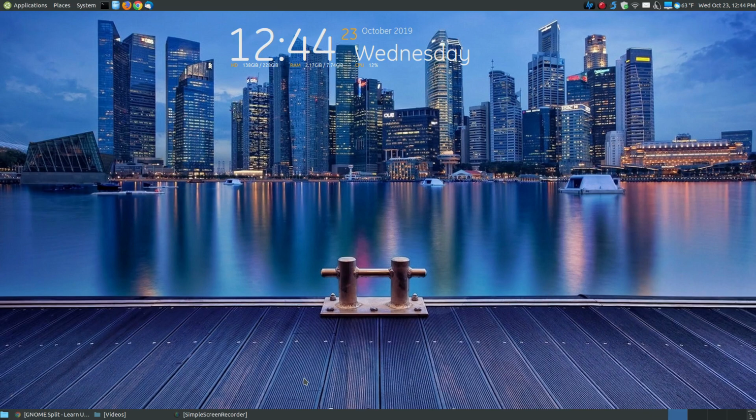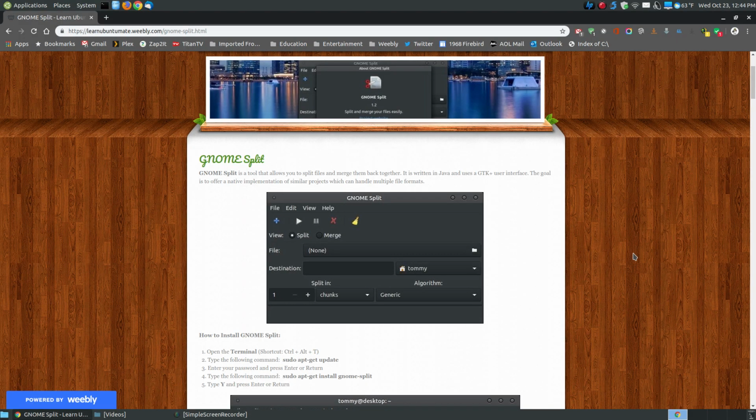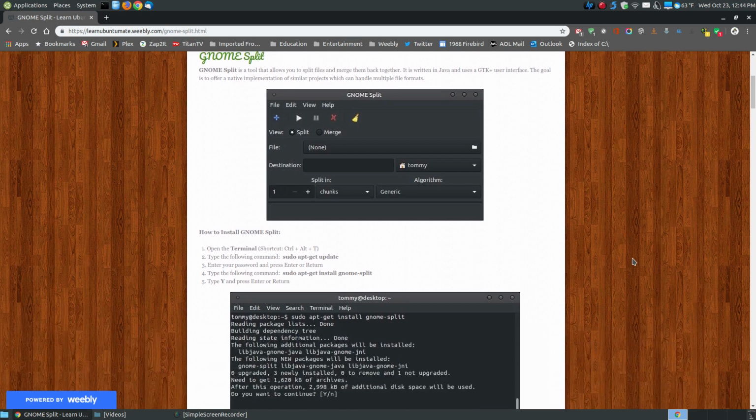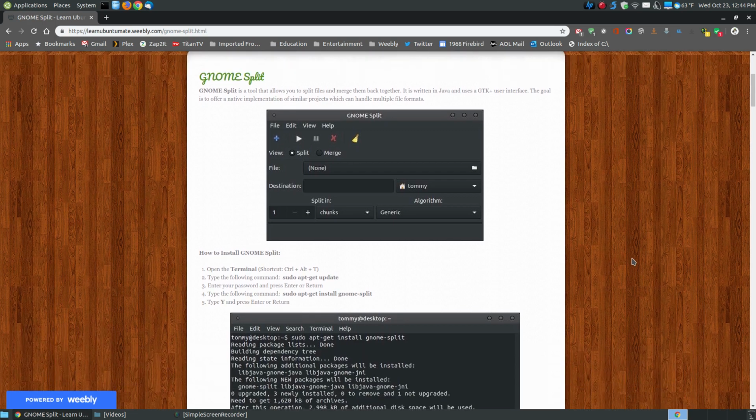In this video, I'm going to take a look at a program called GNOME Split. Now, if you're not using GNOME, it will still work on other Ubuntu distributions. I'm using Ubuntu Mate. GNOME Split is a tool that allows you to split files and merge them back together. And if you found this video on YouTube, I will provide a link below that will